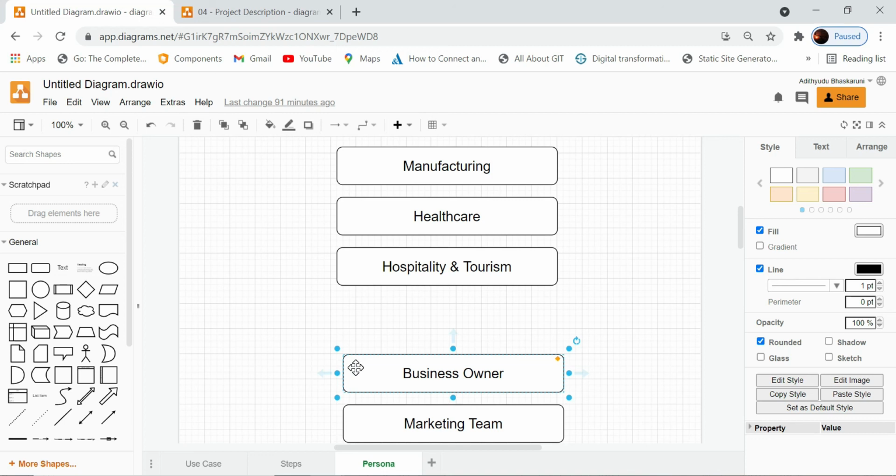So if you are able to put content as to why your product is better than other products, and if he is convinced, then what is the next step he needs to take? He needs to buy the product, right? He should become your customer, or at least he should give out details like a phone number or something to you, so that you will be able to contact him and explain more, right? So what is the next step? That action also should be there on that particular page.